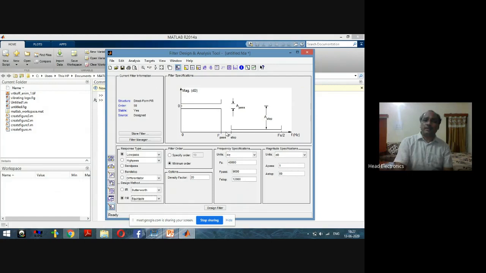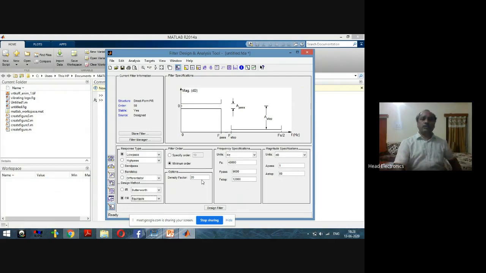Here we have selected the low pass filter, so we select this type of frequencies; otherwise, we select the other parameters accordingly. Then we have to select the options. What must be the density factor? Suppose here we have selected the density factor equal to 20.